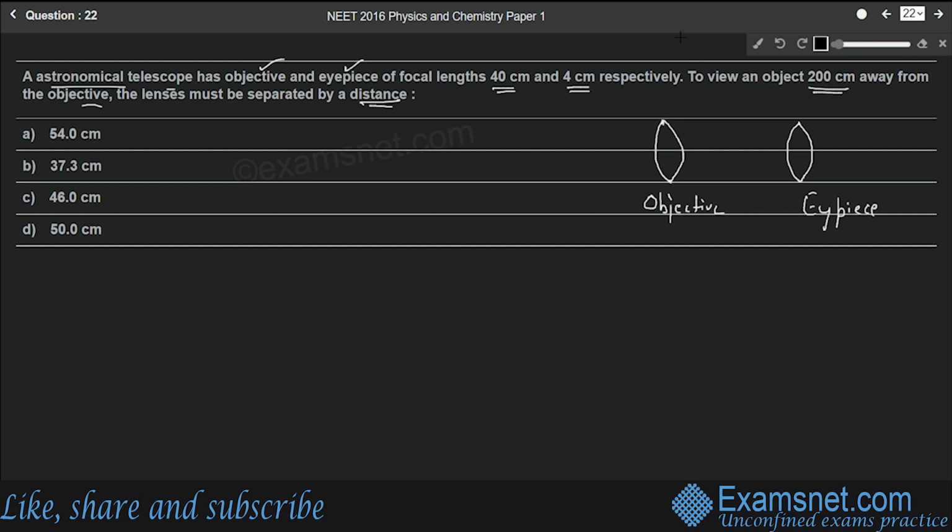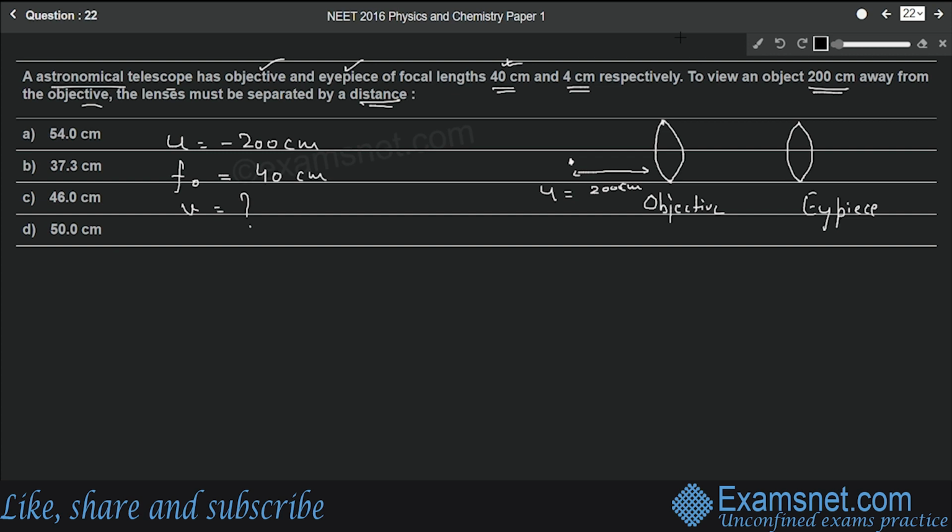Now we have to view an object that is kept 200 cm away from the objective. So it is kept somewhere here. This is 200 cm. This is the object distance, that is u. So object distance u is given as minus 200 cm. We'll write it in negative, right? And the focal length of the objective, fO, is given as 40 centimeter. So from here we can find out the image distance from the objective